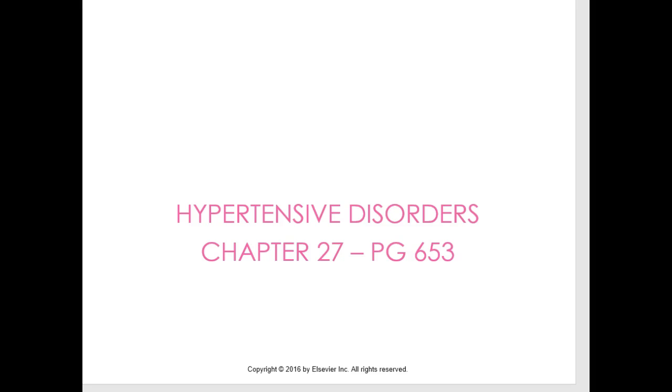This is a major issue in the United States and worldwide. The reason why we have a higher incidence in the United States is because we are delaying childbearing. And as you know, hypertension increases with age. So many women are waiting till after 30 to have children. And many women are overweight, and being overweight increases your risk for hypertension. So there are a lot of risk factors that go into this, and we're just going to talk